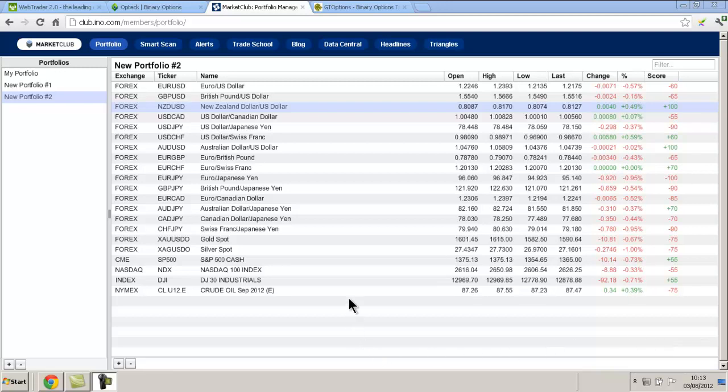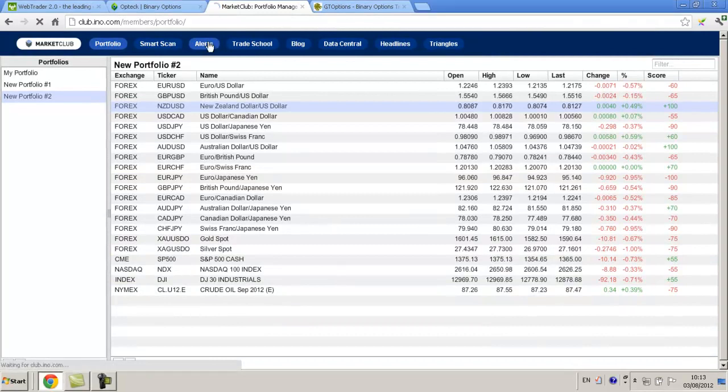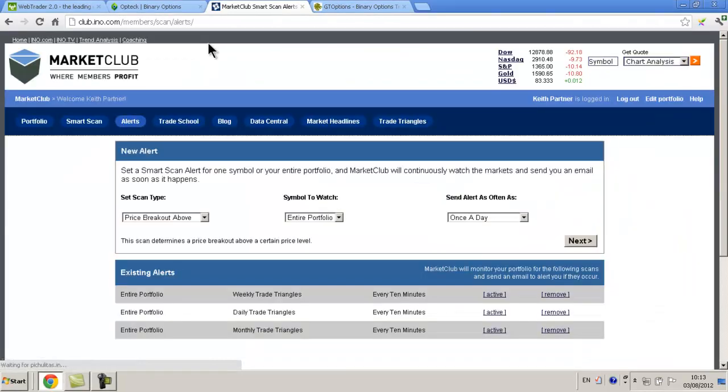Okay guys, so hopefully you've got your portfolio set up. The very first thing you want to do is come to alerts. If you click on that, we want to set up an alert which is going to send it to